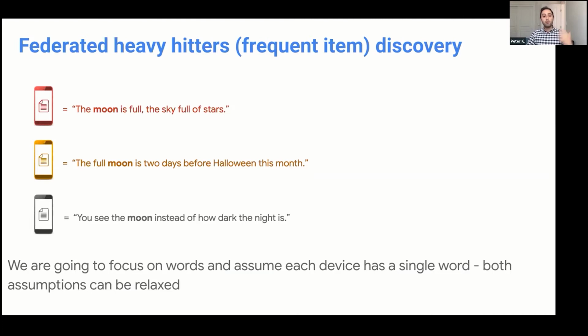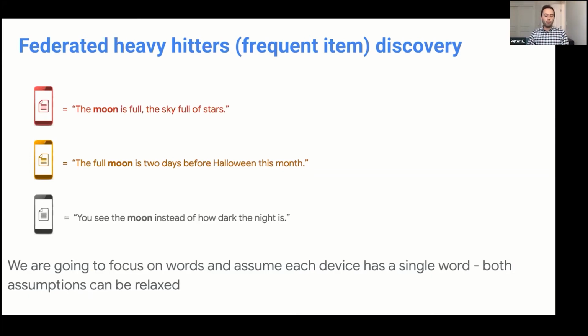And so it would be very nice if we can have a process using this federated analytics toolbox in order to find these newly trending words very quickly and very efficiently without invading the privacy of people, without having to collect anything and everything a person types on their keyboard in order to then analyze and find those trending popular words in the population.